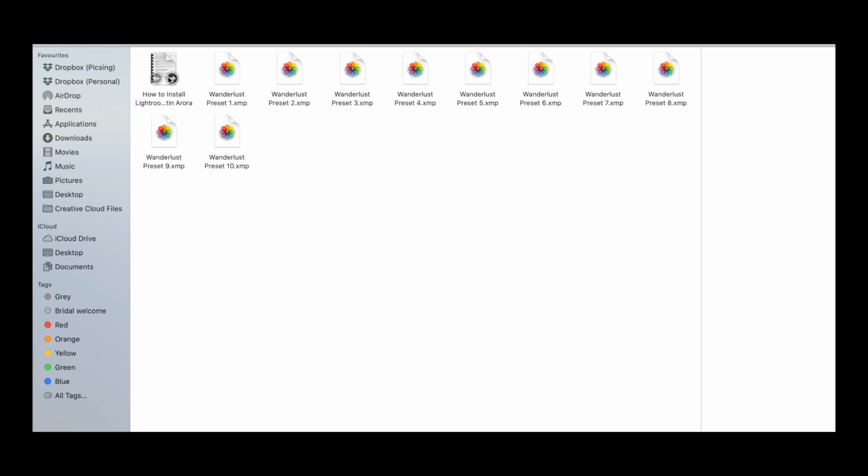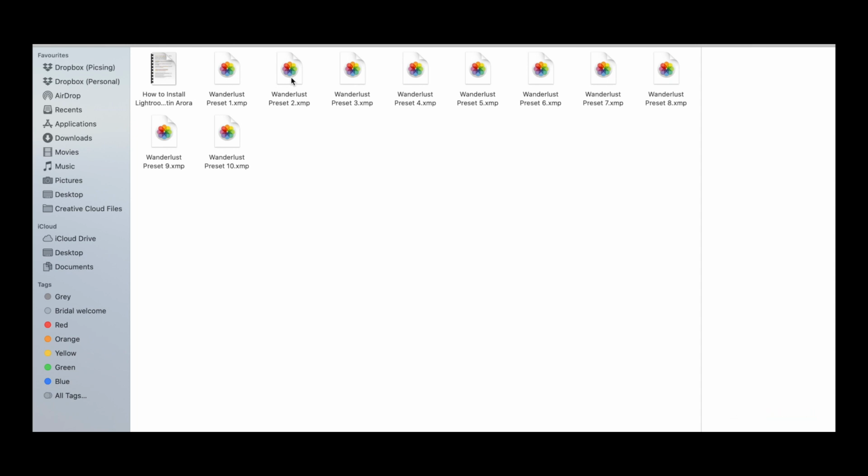Now there might be chances that your Lightroom version is old and you might have an option to run only files with an extension of .lrtemplate. Now let me make you understand why this happens. A .xmp file is similar in many ways to .lrtemplate files, except that .xmp files contain different information and the data in the file is structured differently.